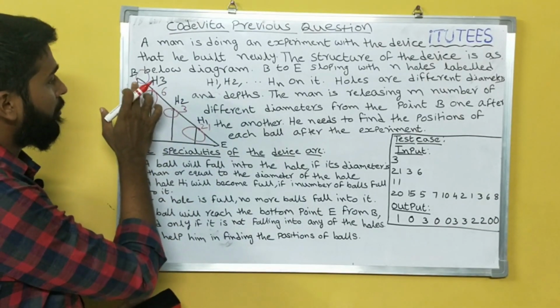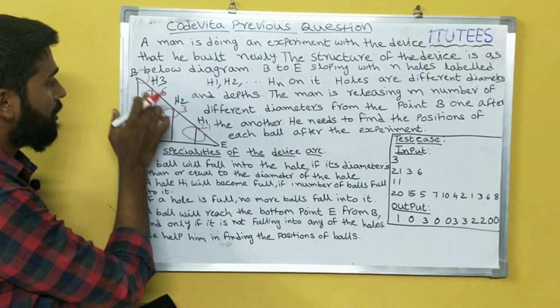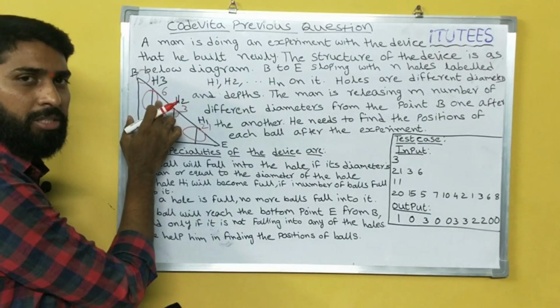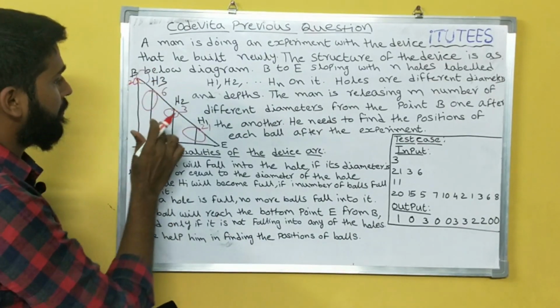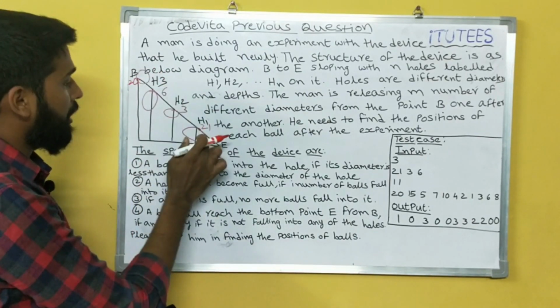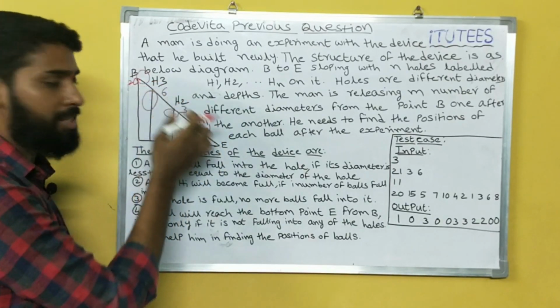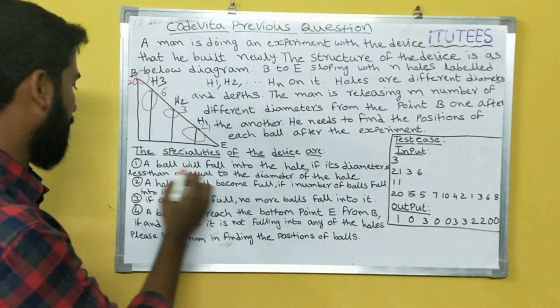When it falls down from 3, this whole diameter is 6, not matched with the 20. Same like the 3. And here 21, 20. 20 is less than 21. That is condition 1.